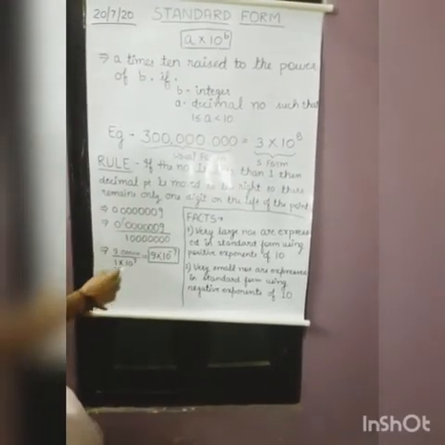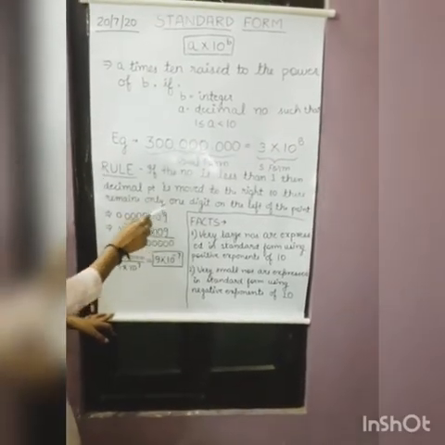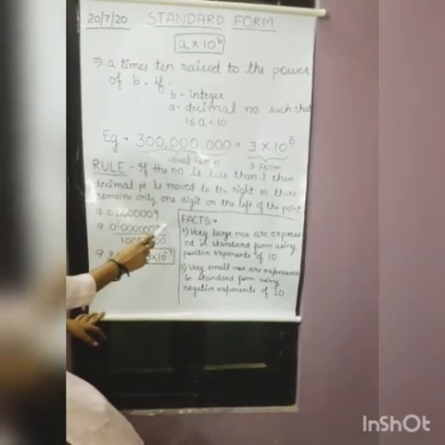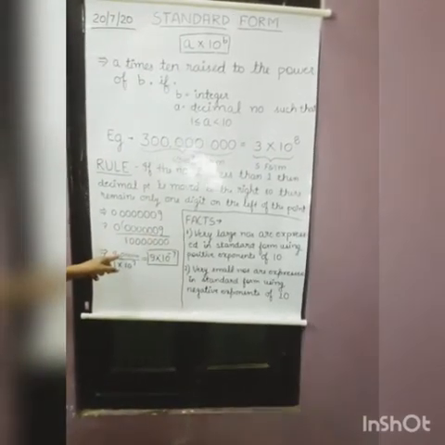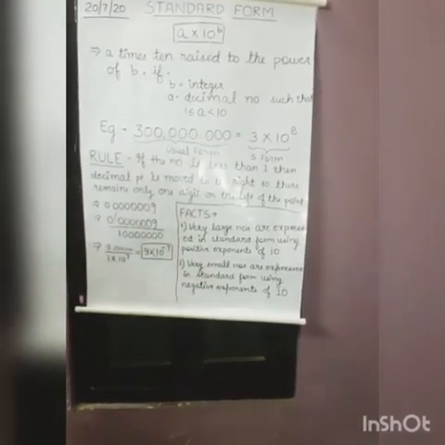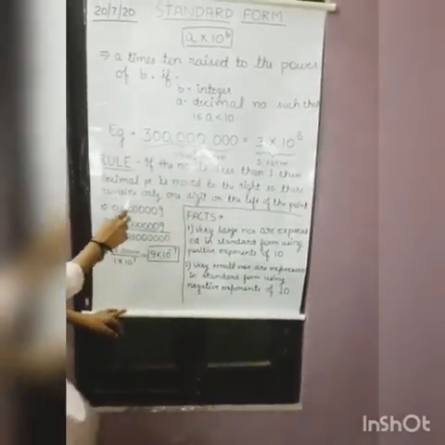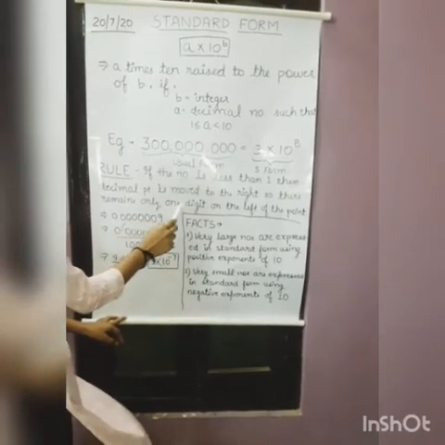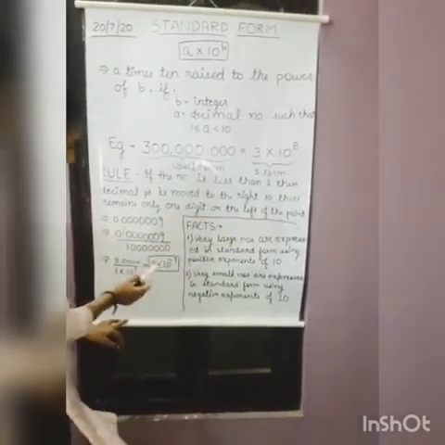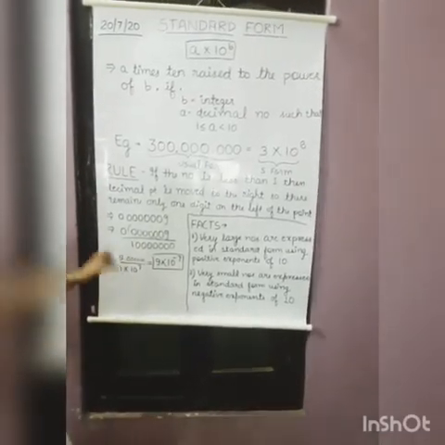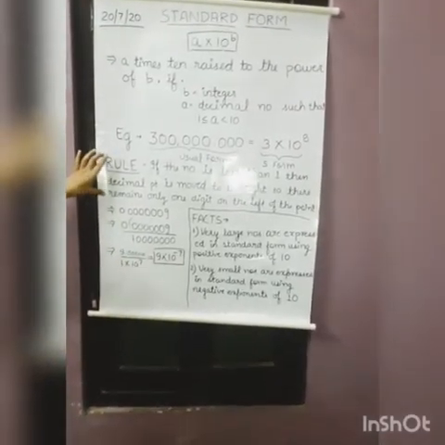You all can see all the conditions are satisfied. The given number was less than 1. I moved the point to the right-hand side. The leftover digit before the point is only one digit, as it was written here that only one digit remains on the left of the point. So only one digit is there on the left of the point, that is only 9. Again I am explaining this rule.